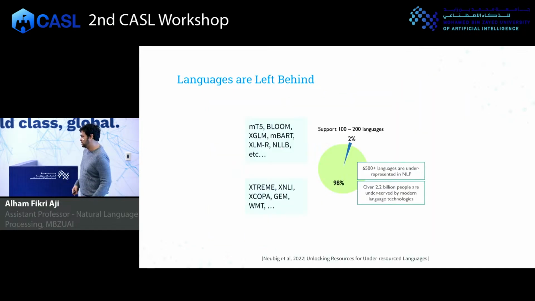Despite someone saying that no language left behind, in practice, languages do get left behind, right? Because we only focus on these 200 languages, you actually leave behind the other 7,000 languages, right? So in terms of NLP research, the research currently is available only for these 100 to 200 languages. I am talking about models like MT5, Bloom, XGLM. These are models that you can use. They only cover these languages.